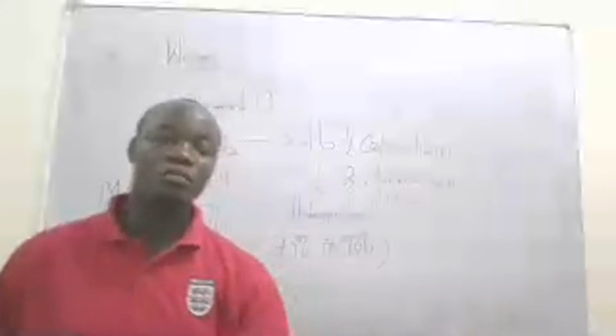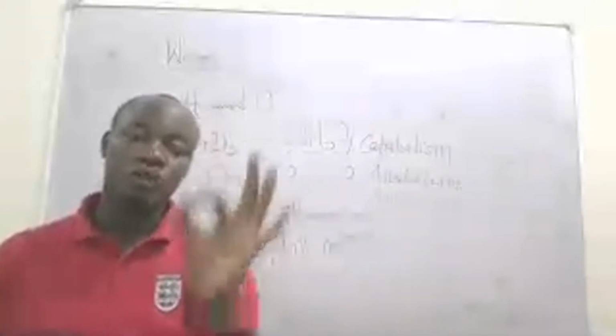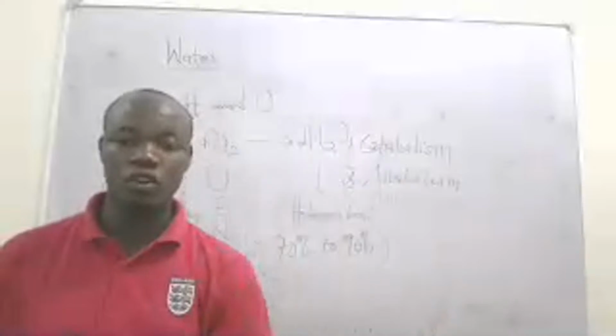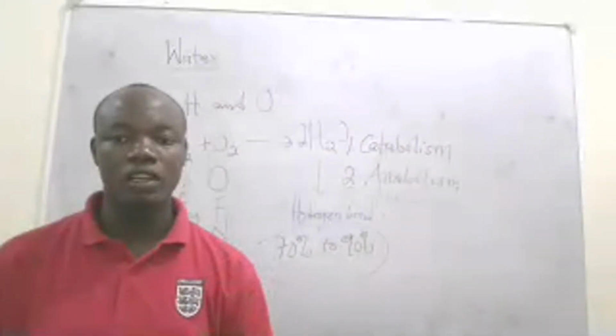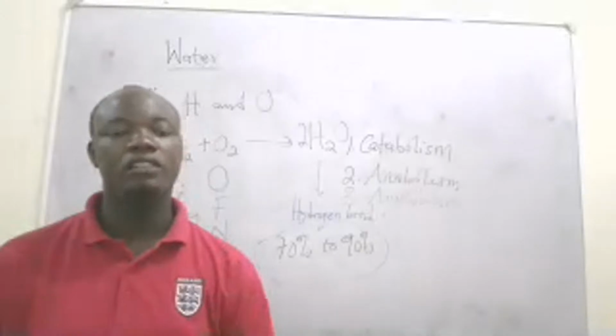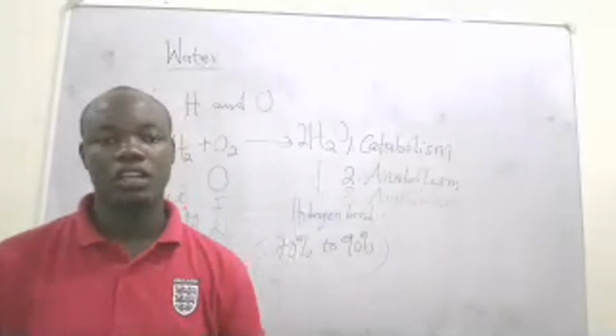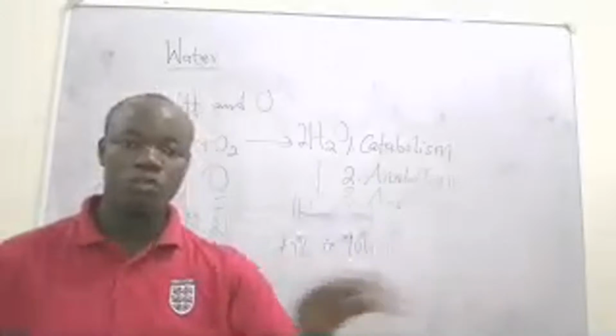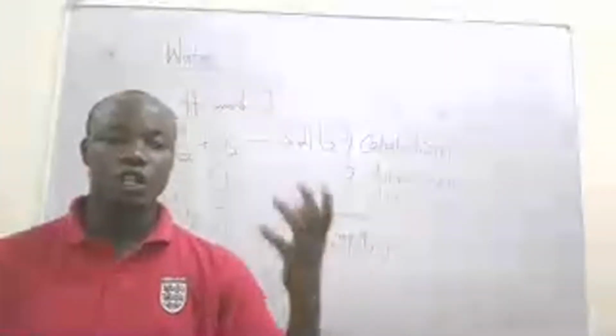So when glycogen breaks down to produce smaller molecules known as glucose, that is what you call catabolism. And then anabolism is when smaller molecules, one, two, or three molecules, join together to produce